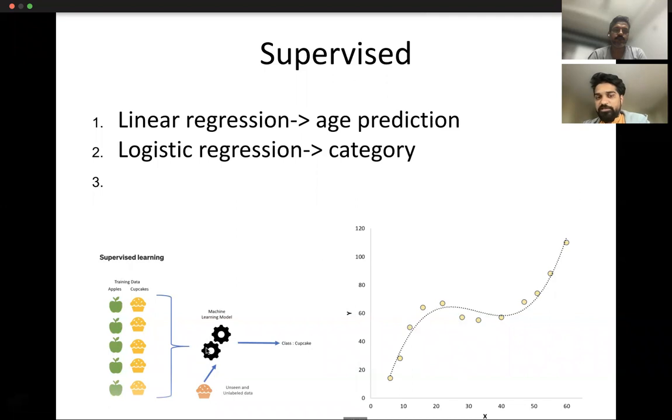You train the machine to predict whatever is coming in, and on inference, or in the test, when you deploy this model, you have unseen, unlabeled data. Say an orange-yellow cupcake is coming. When you give that to the model, it has to predict the class is cupcake. So when you are predicting some class or category, some discrete thing,